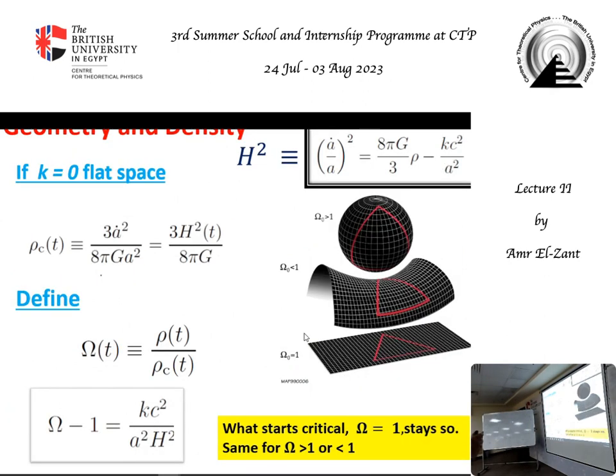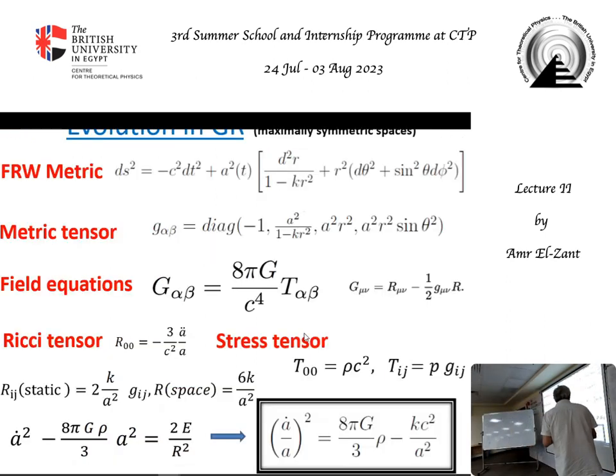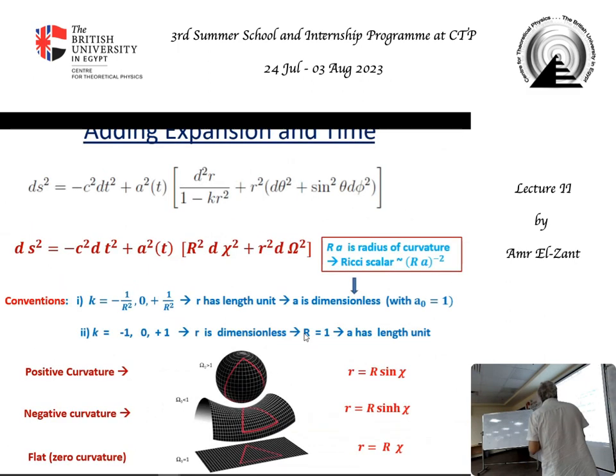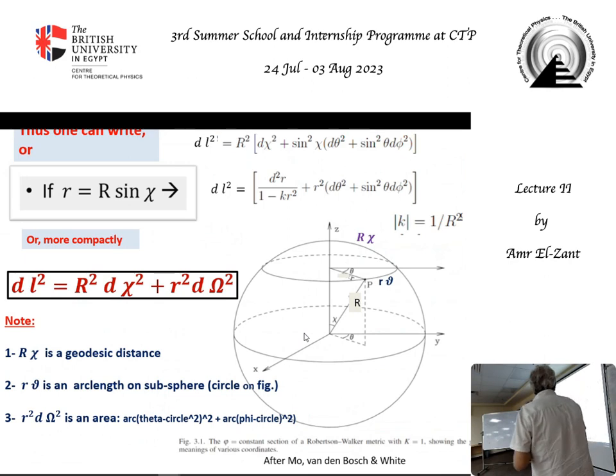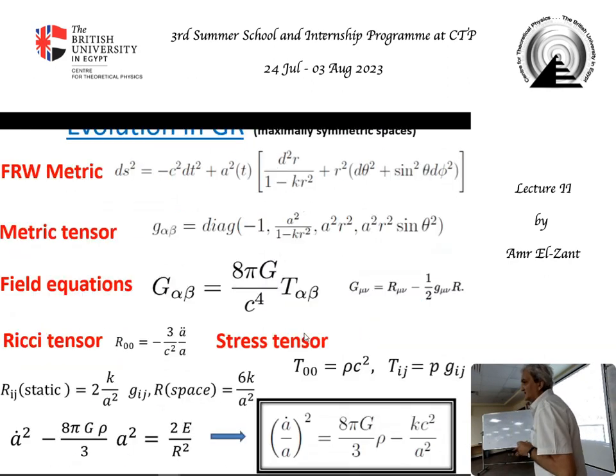Okay, so it has a dimension connected to the Ricci scalar. This is the Ricci scalar of space, not space-time. So it's connected to the Ricci scalar, as we may have expected from here. The Ricci scalar is the sum of the Ricci tensor. Basically, you take this thing and sum it, G_ij, and you get 3, because it's 3-dimensional space. So 3 times 2 is 6.